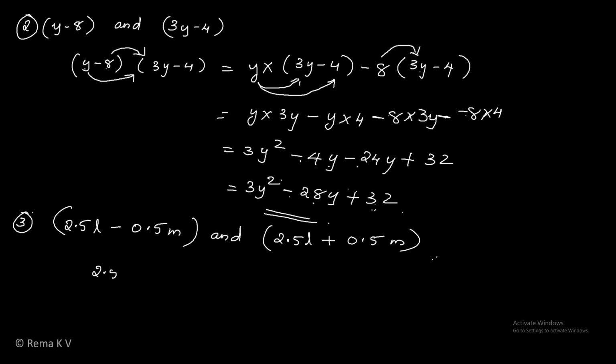We have to multiply this 2.5 L minus 0.5 m into 2.5 L plus 0.5 m. This is equal to,